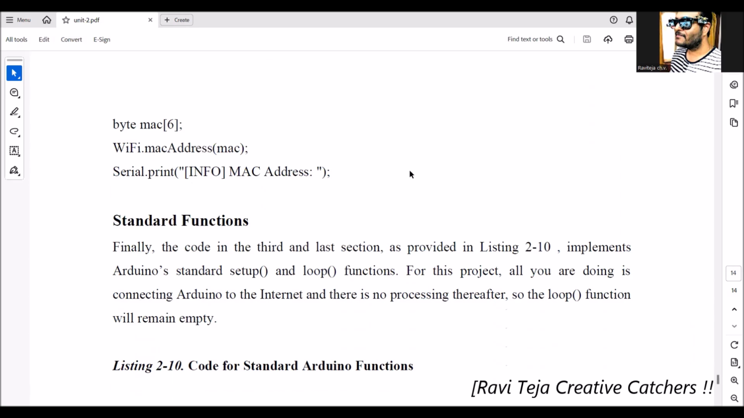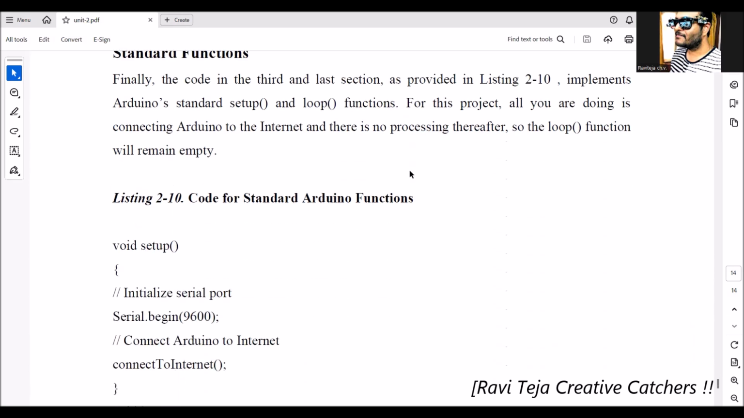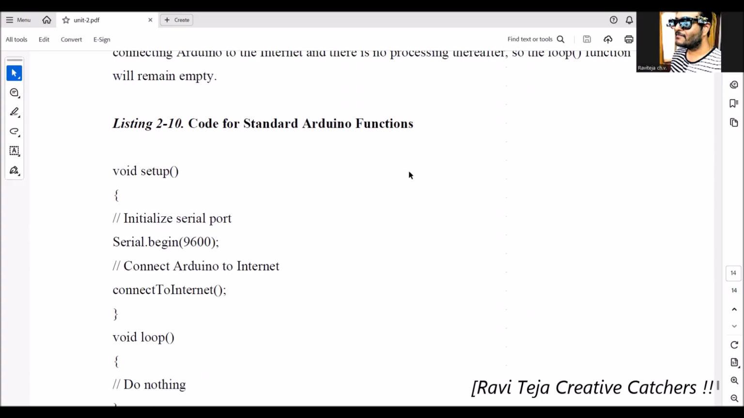Now, coming to the standard functions. In the standard functions, generally we have two things, void setup and void loop. In the void setup, we first need to initialize the serial port, which is initialized with Serial.begin with a baud rate of 9600. Next, in order to connect to the internet, we need to use a command like connectToInternet. And coming to the loop,